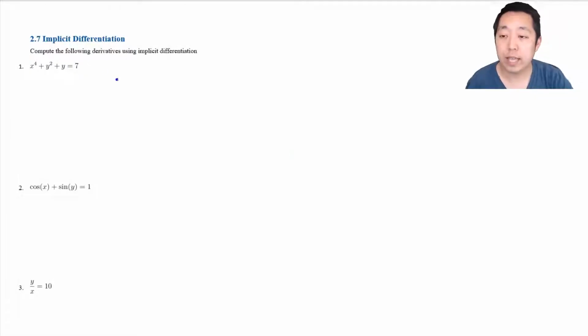So now we're going to look at the last derivative technique that we're going to use. It's called implicit differentiation. There are a lot of times when, while calculating a derivative, solving for y is not really practical. For example, look at this equation. I can't simply solve for y, or at least the solution for y would be pretty painful